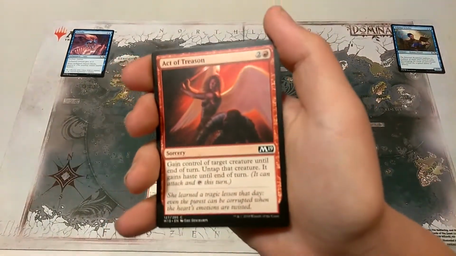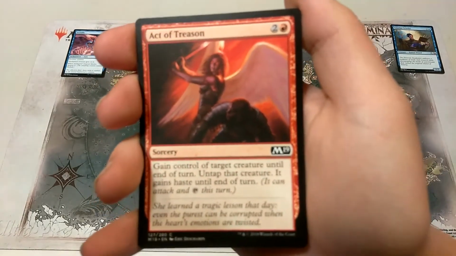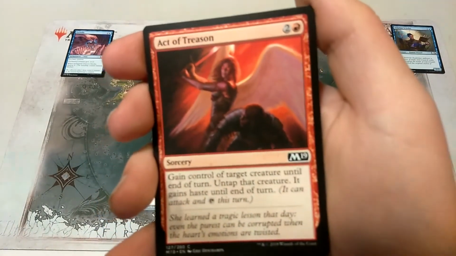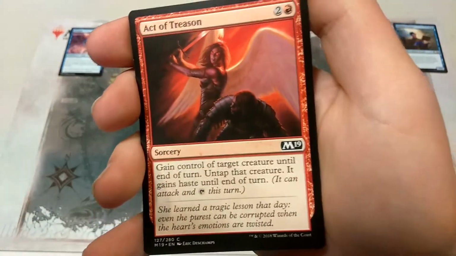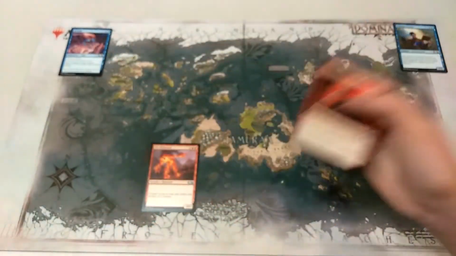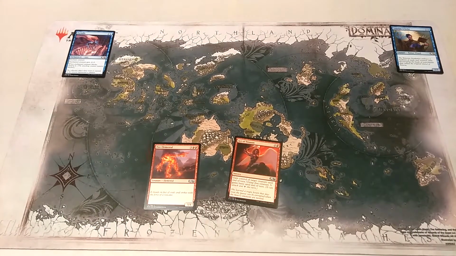I got Act of Treason. It costs 2 and a red, and it's a sorcery. It says, gain control of target creature until end of turn. Untap that creature, it gains haste until end of turn. Mine's better. I think mine's better because it's actually a creature. I can just take your creature, so...